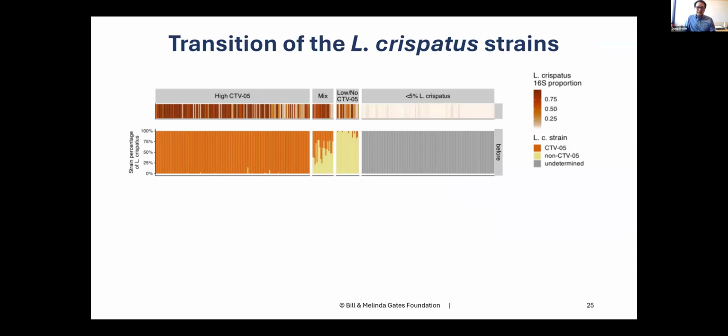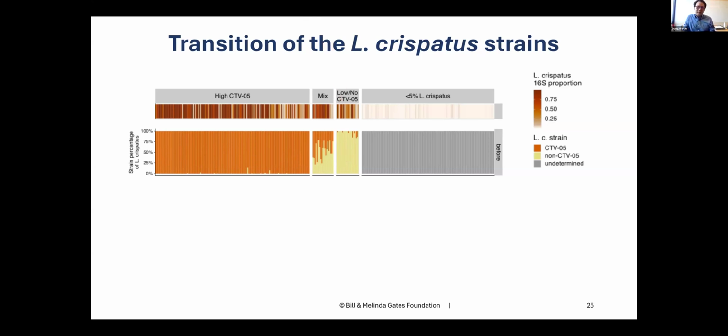So let's look at how Lactobacillus crispatus changed over time. If you look at starting points, these are women who have Lactobacillus crispatus, and almost all of their Lactobacillus crispatus is CTV-05. These are women at time points where they have a mix of CTV-05 in orange and some other strain of Lactobacillus crispatus in yellow. And these are women who have mostly